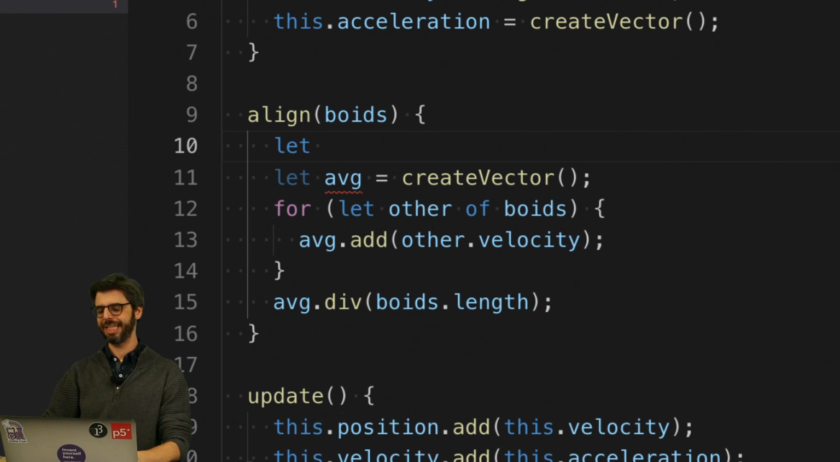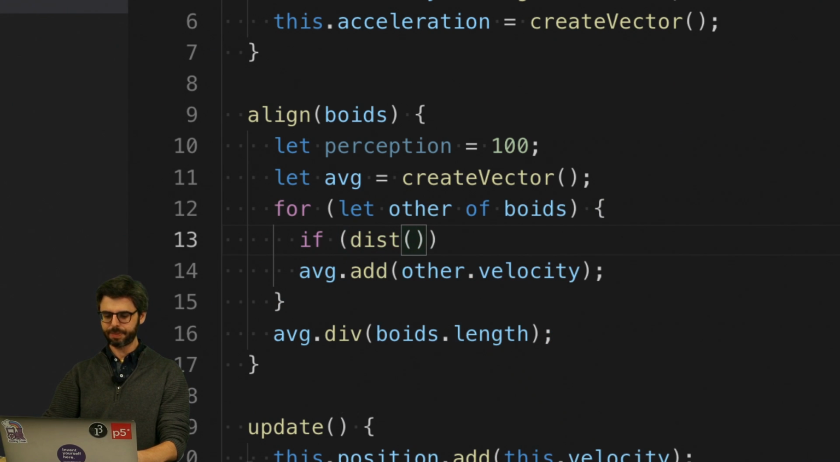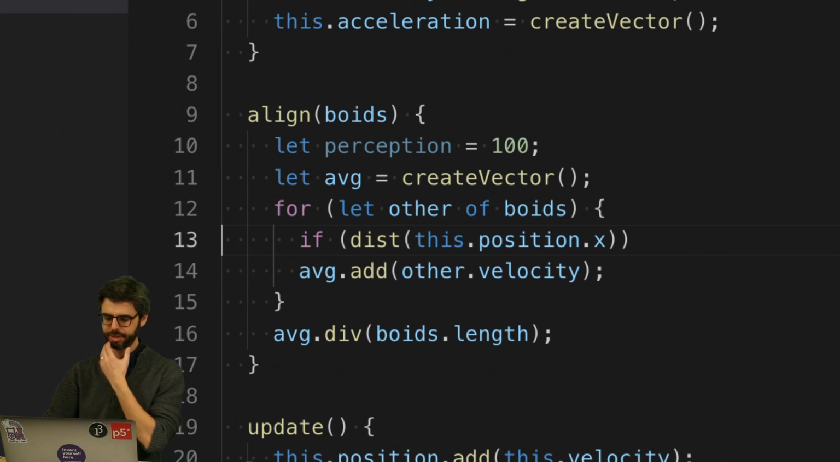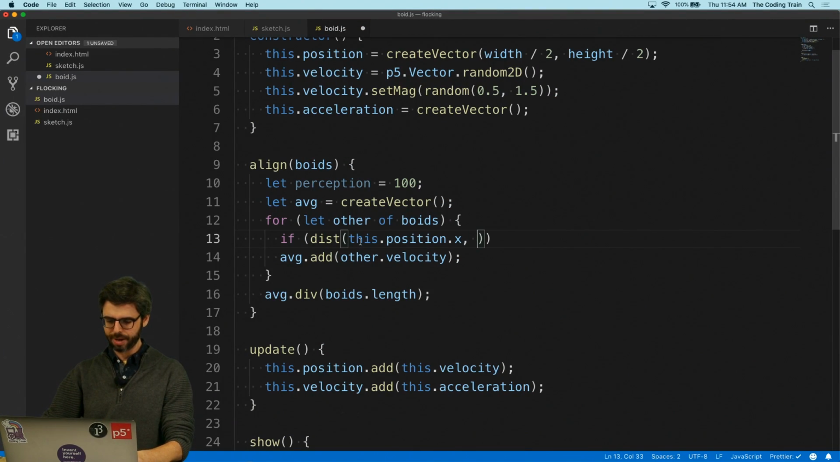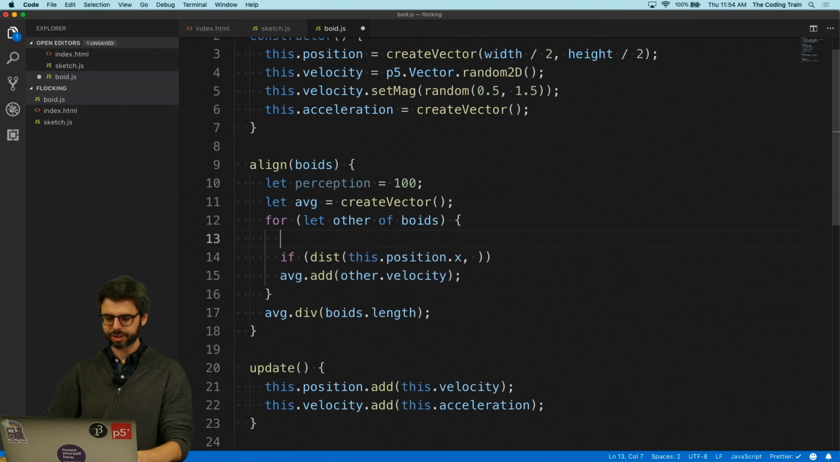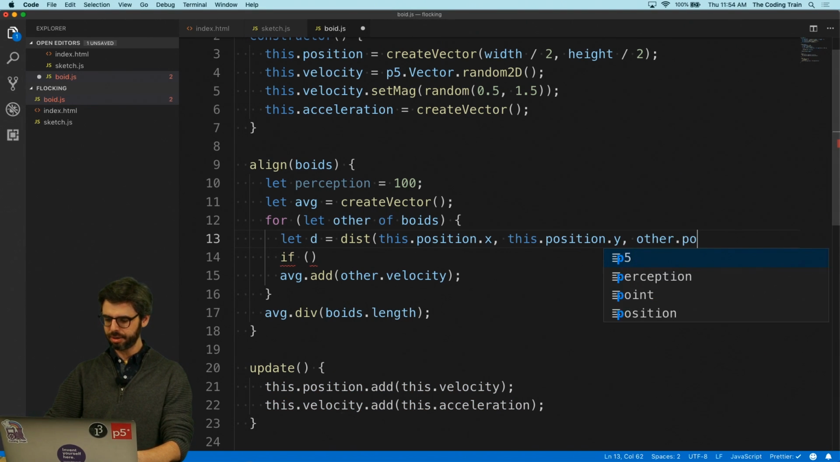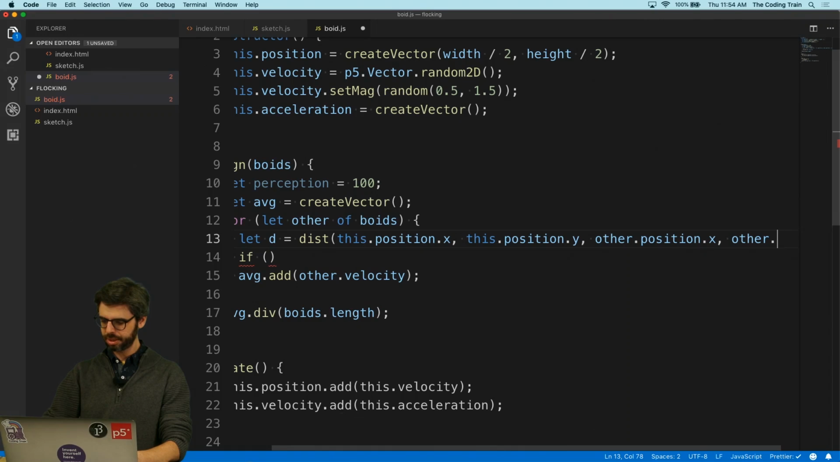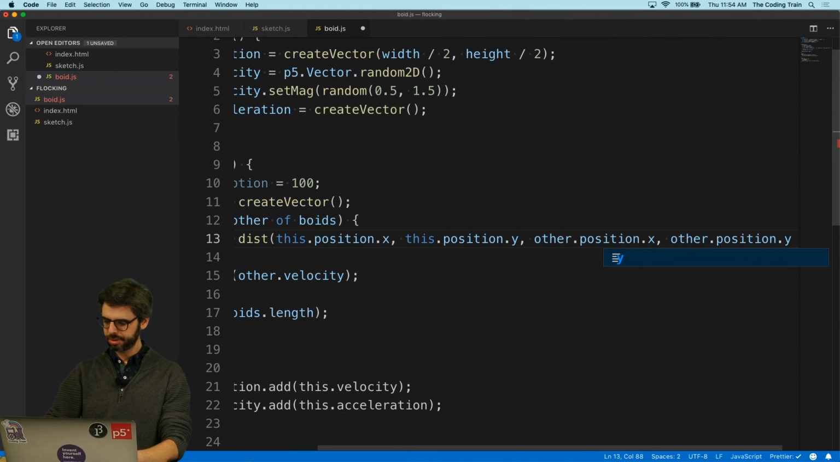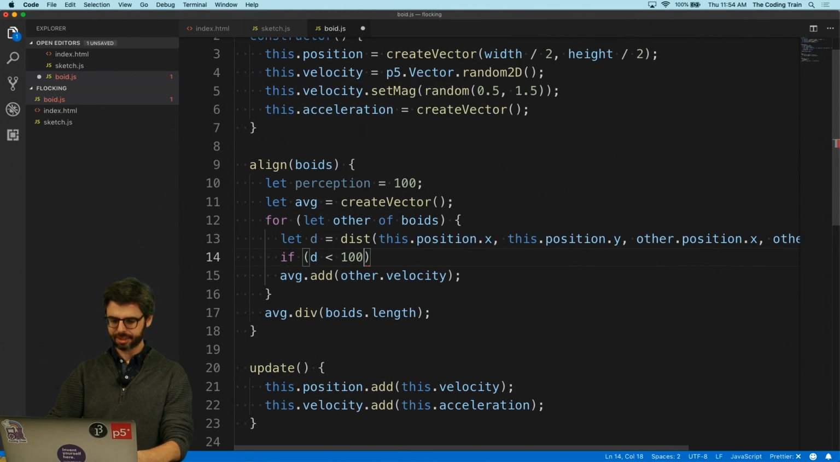Let's have some sort of distance, like max, or I'll call it perception, equals, let's just make it arbitrary, like 100. And then I'm going to now say if the distance between this dot position dot x, oh, you know what? I think there's a P5 function. This is fine. It's kind of long the way I'm writing this, but I don't mind. If the distance, let's actually make it a variable. D equals the distance between this boid's position and the other boid's position, x and y. And if that distance is less than 100,